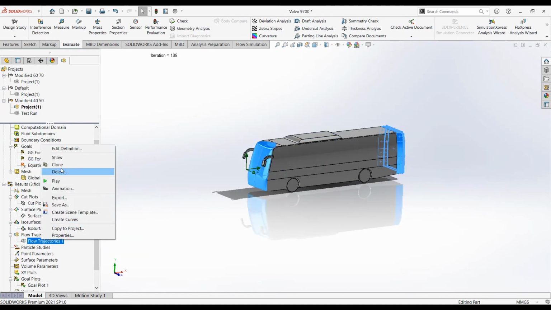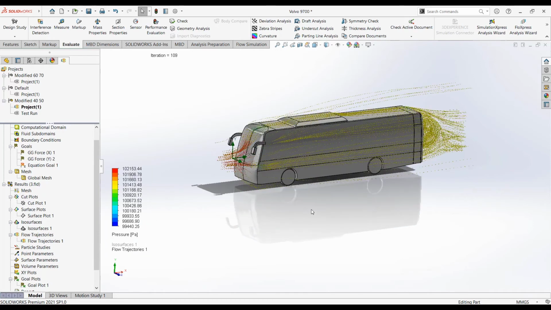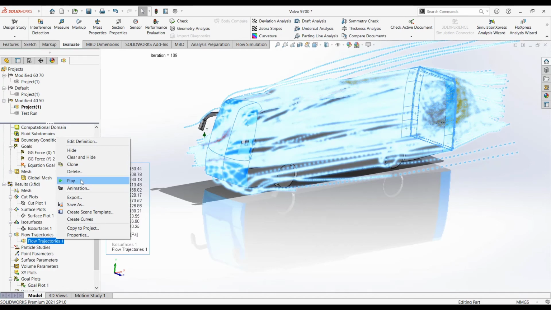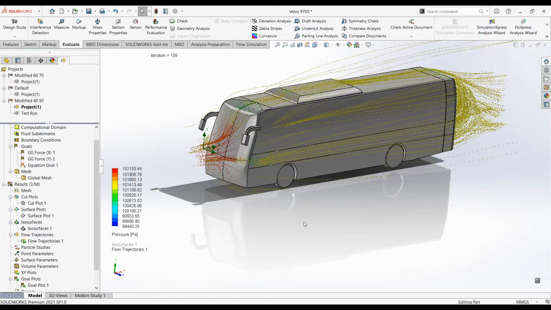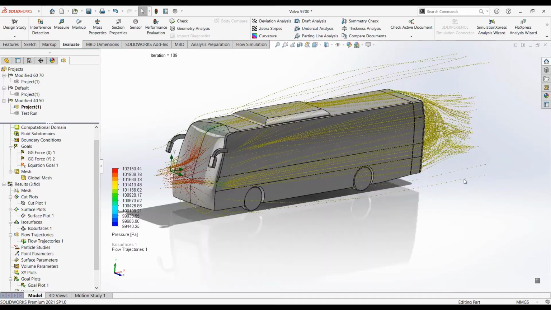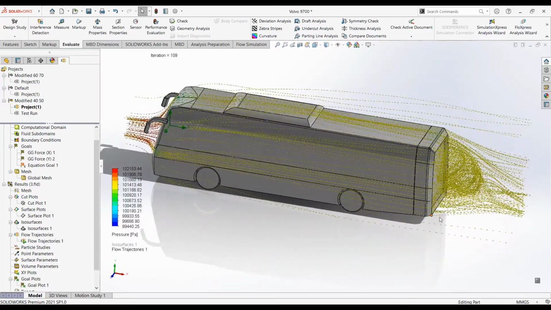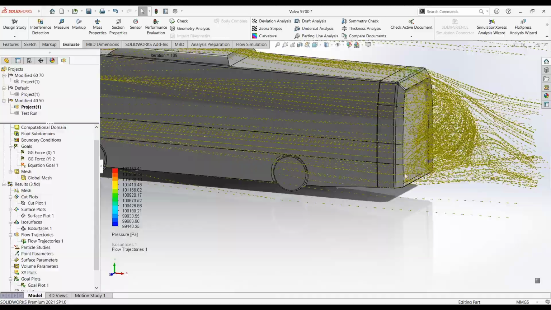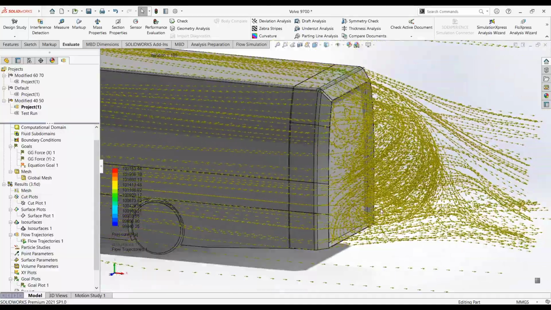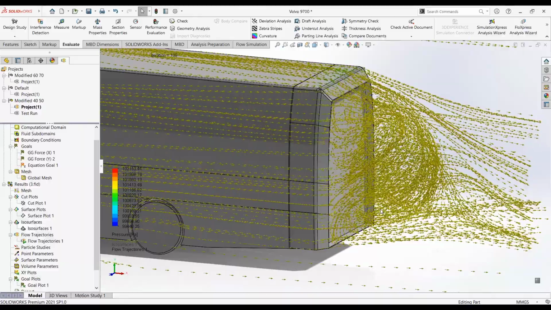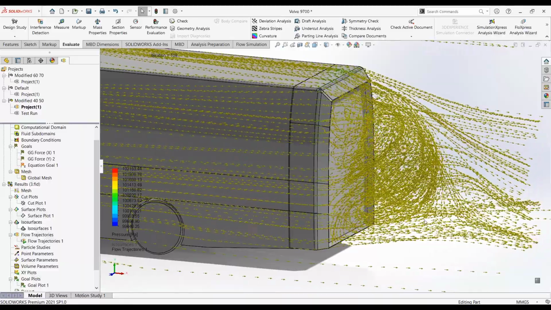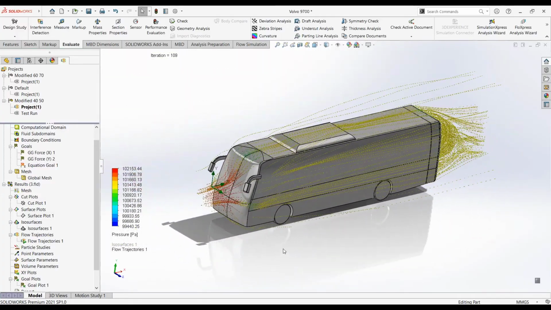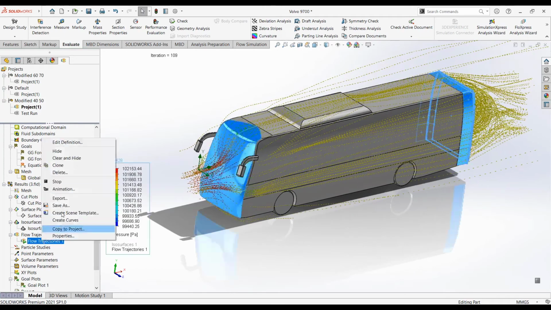The next thing is the flow trajectories. This is how the flow trajectory acts. You can even animate each and every flow plot. There are some limitations, so you need to check whether it works for all the plots or not. So this is the animation for it. As you could see, at this location it is giving the vorticity. Compared to the default one, the vortices originating here are kind of less.